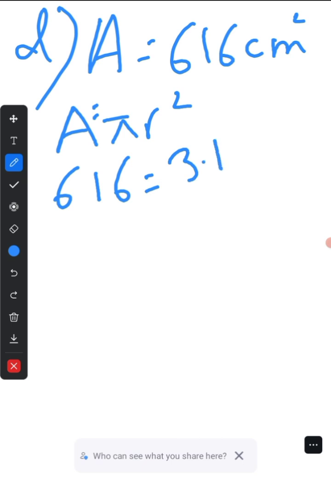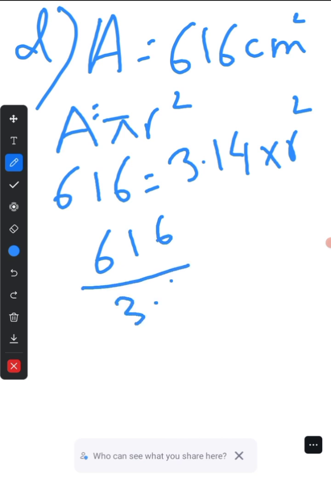Pi was 3.14 multiplied by the radius square. So 616. If 3.14 is being multiplied with r square, on the opposite side it's going to be divided, right? Is equals to r square. Once you divide 616 by 3.14, you get your answer